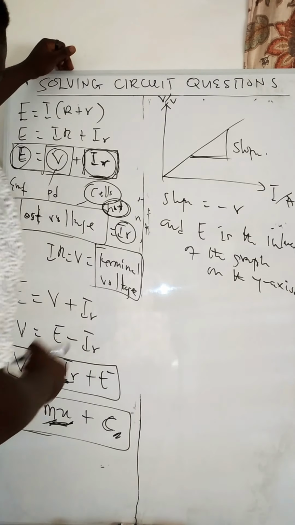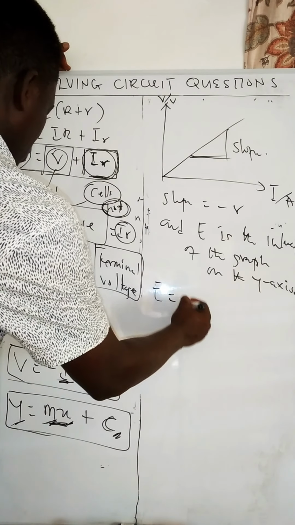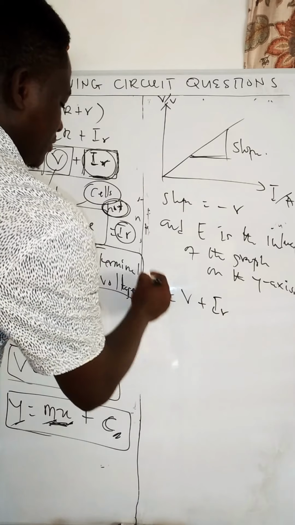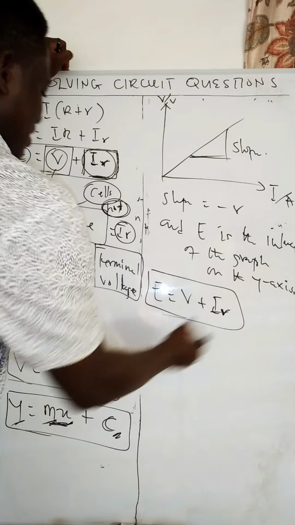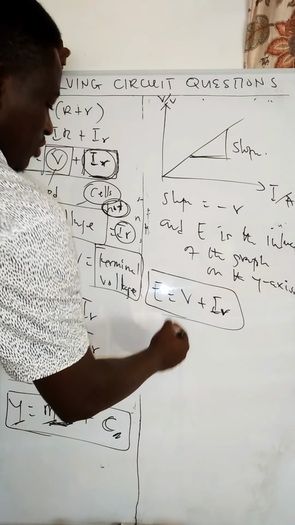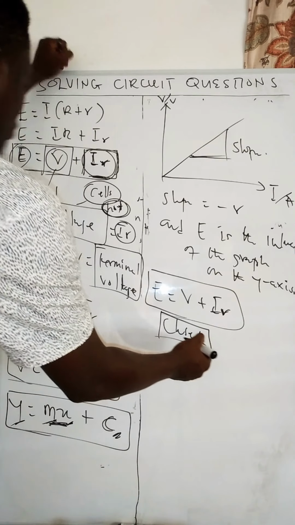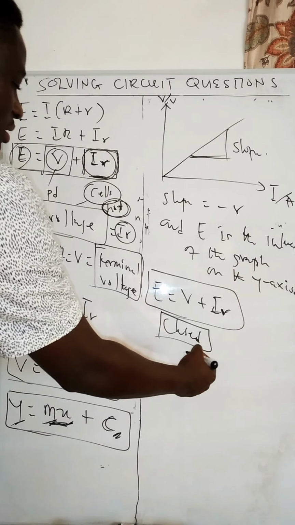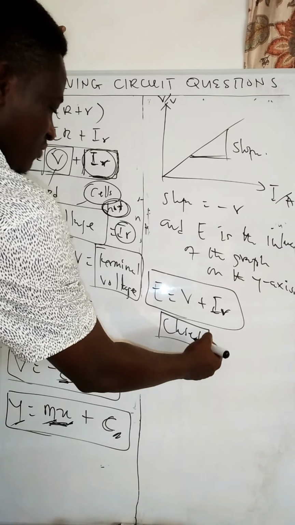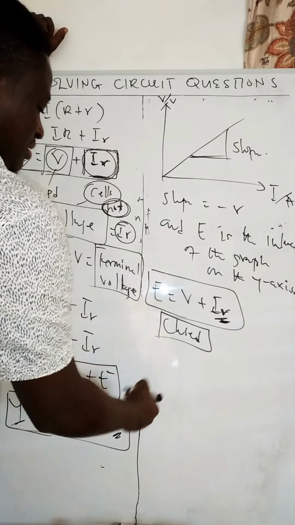But before that, let me just explain another thing. We have E again to be equal to V plus Ir. Now, mind you, the only time that we have internal resistance in a cell is when a circuit is closed. Okay, so when you have a circuit closed, you can have current flowing through the circuit, and therefore